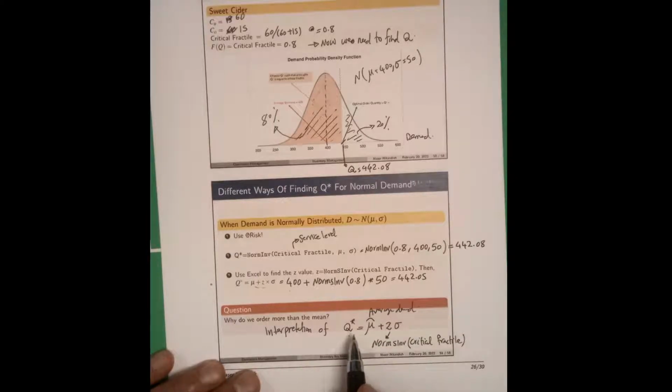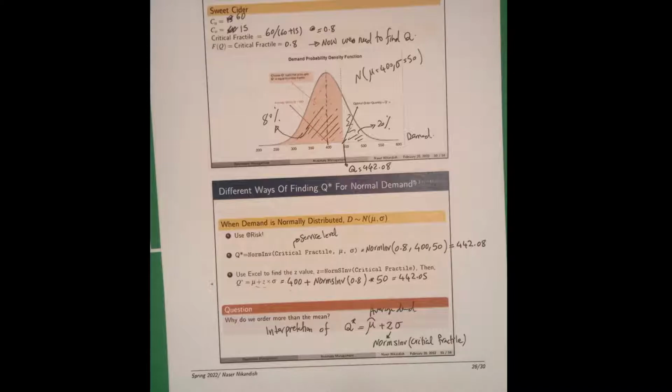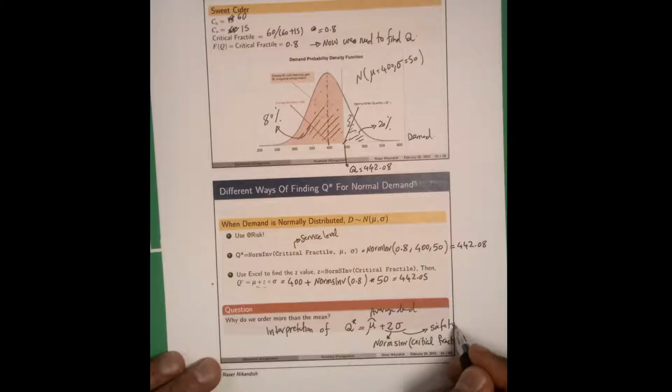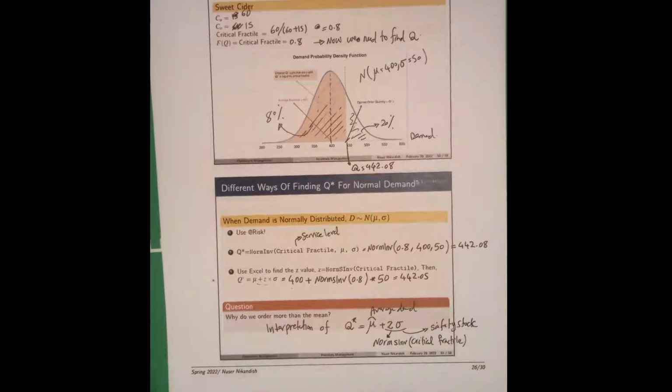We are saying, listen, my order quantity has two components. One part is average demand. I want to make sure that I cover the average demand plus Z sigma. This is your safety stock or safety inventory. All right. Say I add something. Most of the time we add, sometimes you subtract as well, right? Because this Z could be a negative number as well. Mu plus Z sigma. This is my safety stock, something on top of average demand.